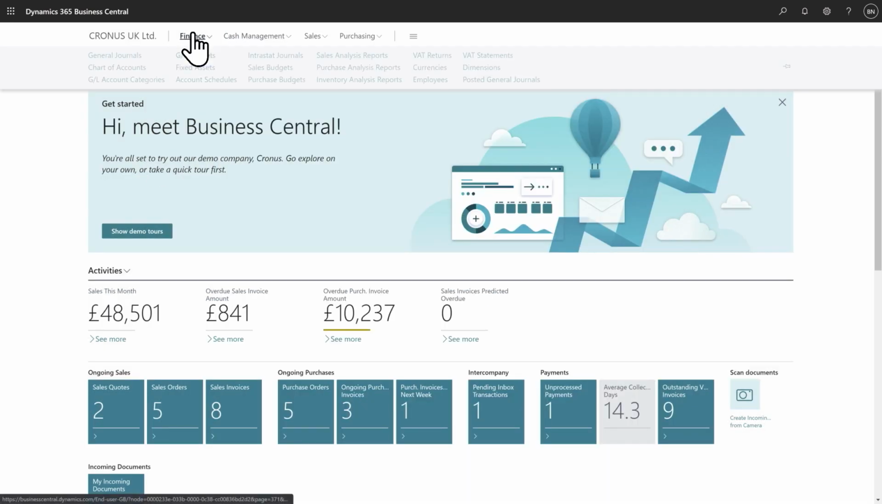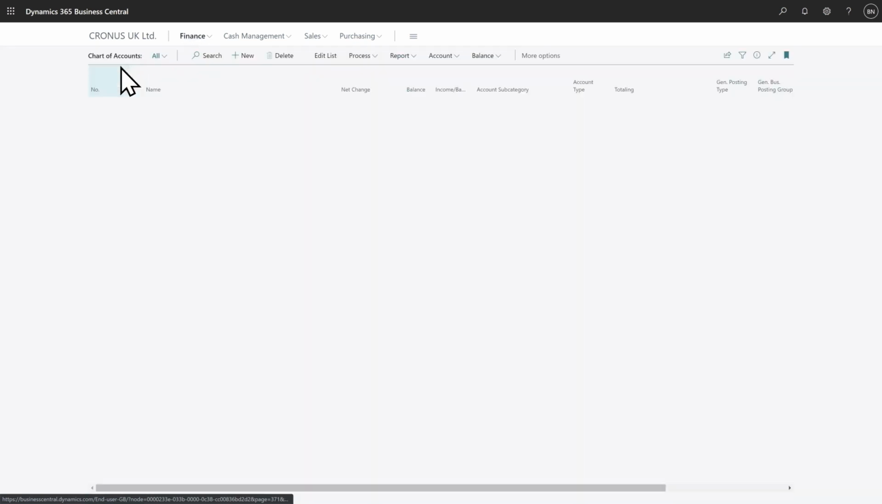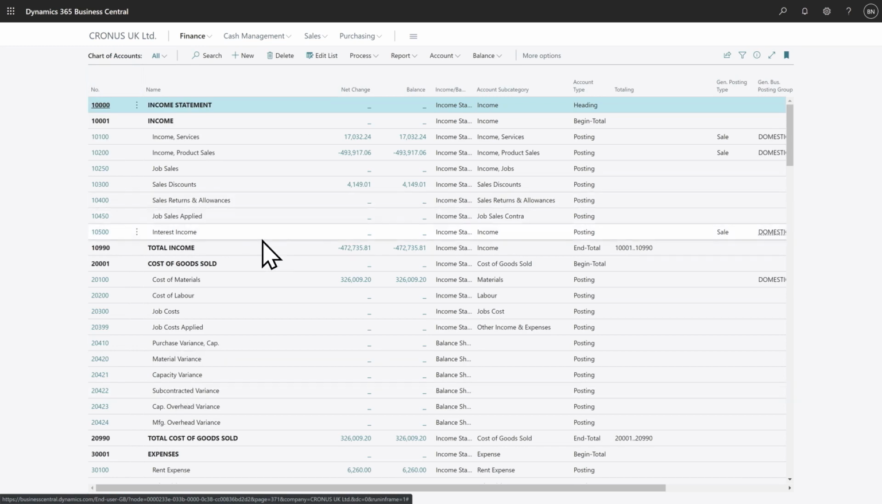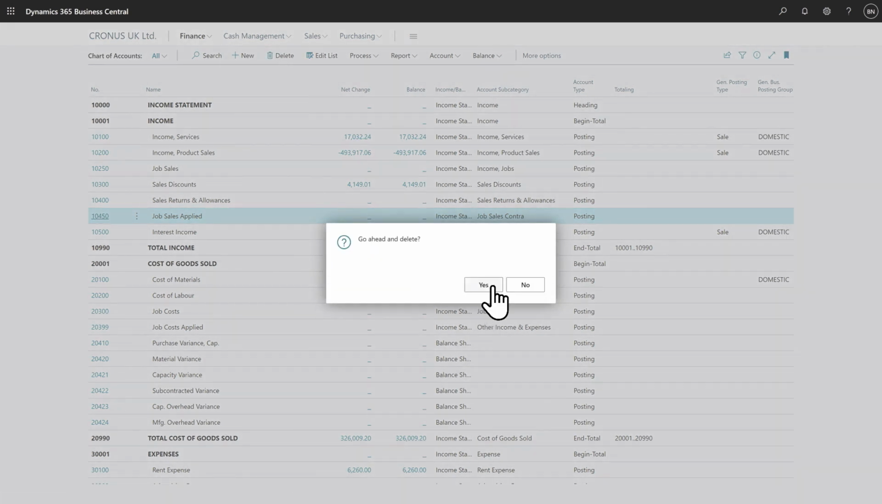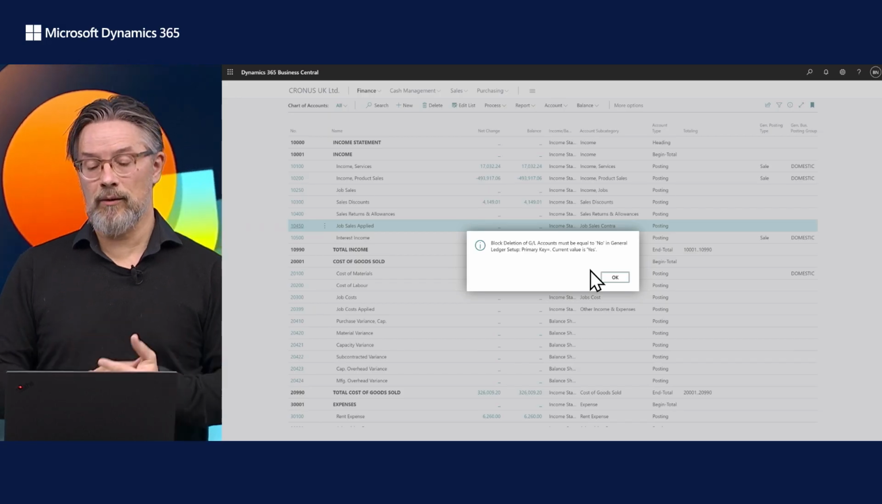And if I go into my chart of accounts, let me see if I can find it there. I have an account, job sales. I haven't posted anything. It's not because I've balanced it out. I haven't used it. So ideally, I should be able to delete it. But if I do it, I get this information. But it also tells me that we have blocked it completely. And you need to go to GL setup and set the value to yes before you can move on. And then you will be able to delete it,